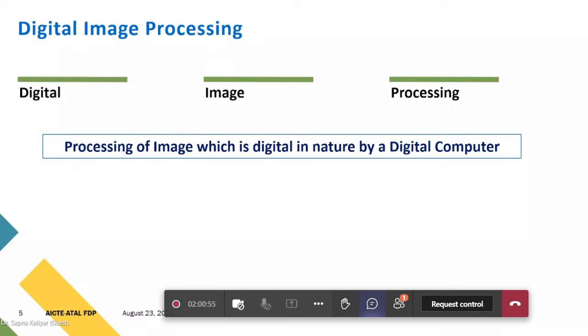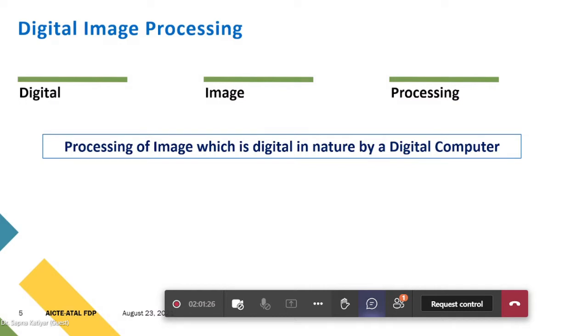Digital image processing is a combination of three words: digital, image and processing. It is the processing of an image which is digital in nature by a digital computer. Now some of you may be curious: if we take the image of a flower or of a car, that is not digital in nature.